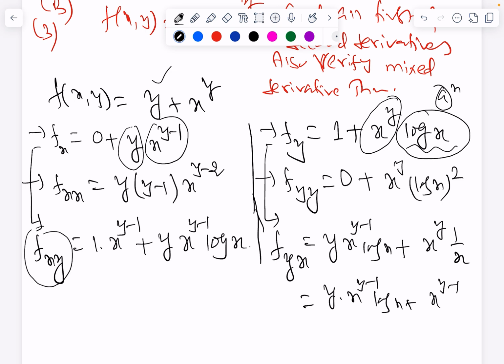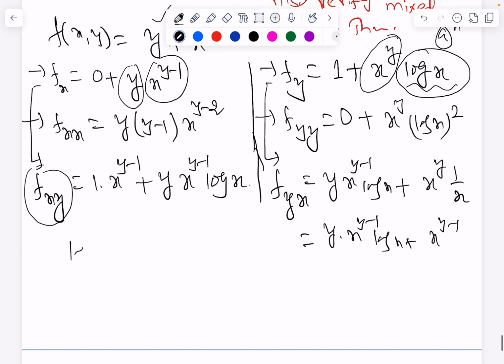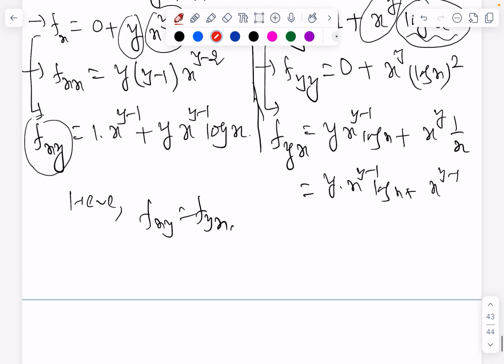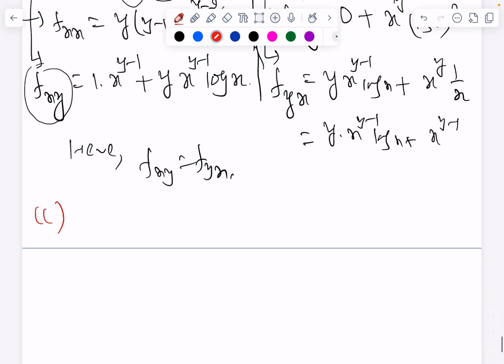And we can see that these two are equal. So here f_xy is equal to f_yx. Okay. Next,